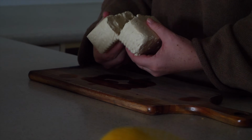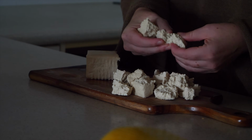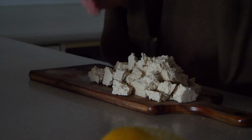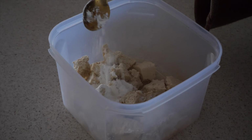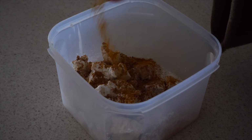As the weather cools down here, I really embrace curries a lot more, and this is a butter tofu that I have been really enjoying. I start by tearing my tofu up into chunks like this. I feel like it soaks up so much more flavor like this. I don't know why. I put it into a container with some corn flour as well as some garam masala